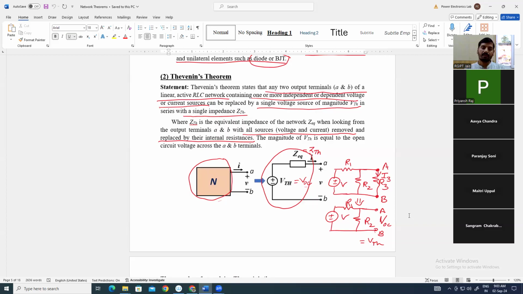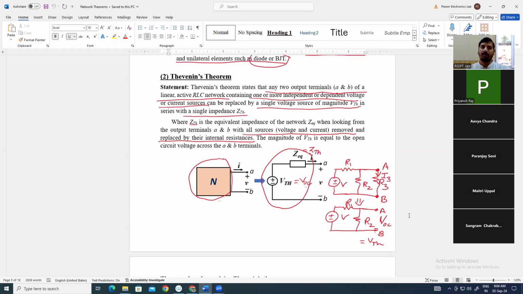Sir, can you please explain Thevenin's theorem again? Okay. Briefly, I will explain Thevenin's theorem, how we can apply. So as per the statement of Thevenin's theorem, if there is a network, that network should be a linear active network, RLC network. So if there is a network and across any two terminals of the network,